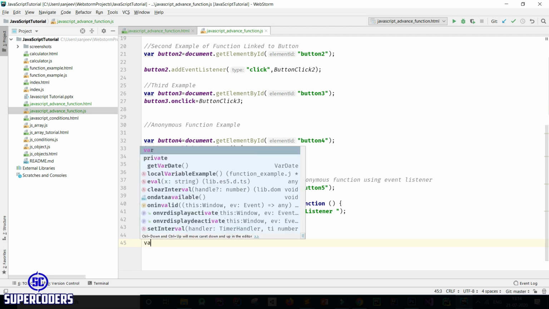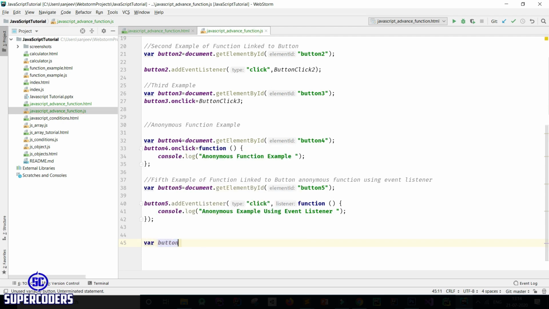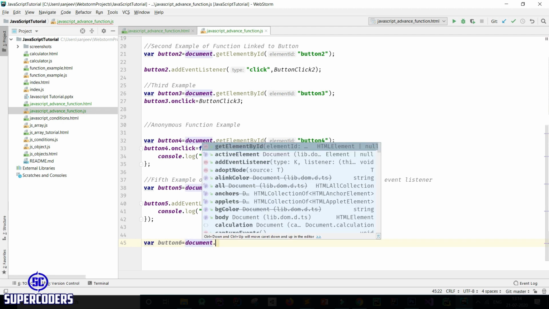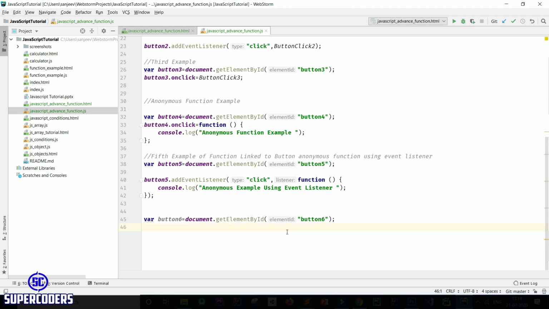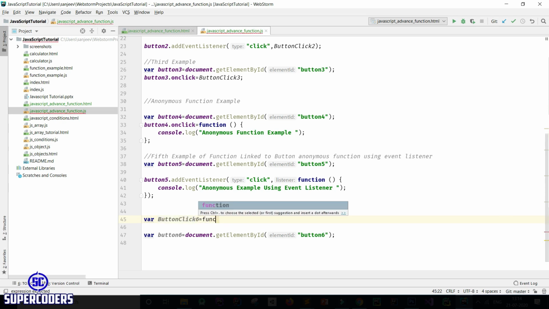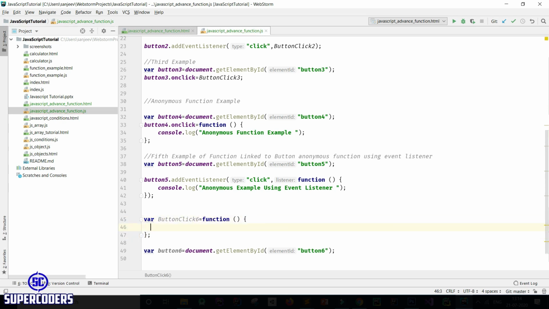Again, where button6 equal to document.getElementById, then passing button6. Now creating a function where buttonClick6 equal to function, semicolon, then console.log button6 is clicked.